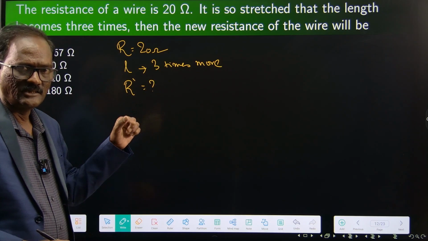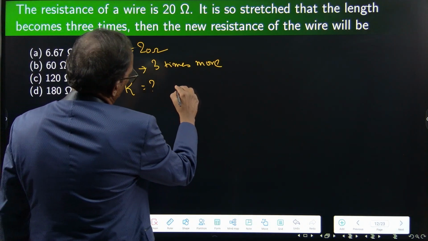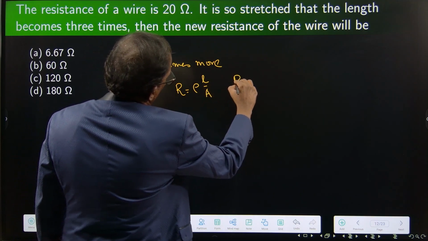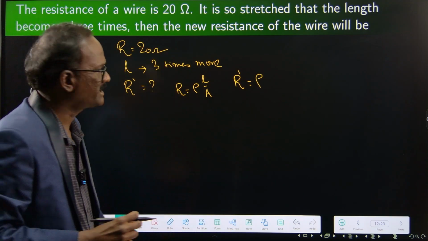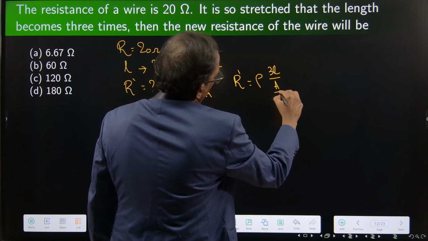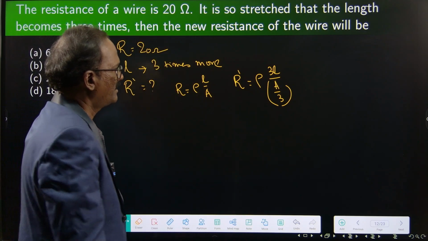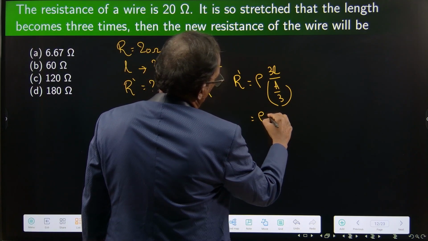In the earlier case N is given, now it is 3. So R is equal to rho L by A. R dash is equal to rho, which is constant, and L is becoming 3L. Then A must be A by 3, right? So this will be rho into 9L